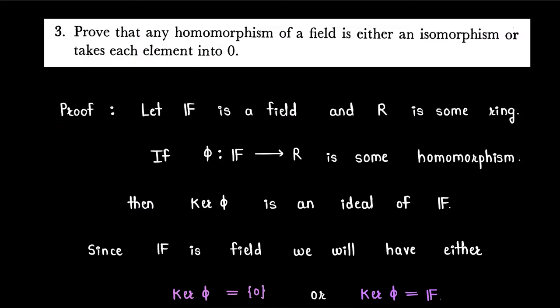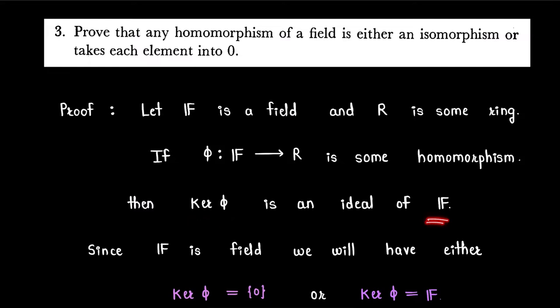Proof. Let F be any field and R some ring. Now let us consider a map phi from field F to R as a homomorphism. Now we know that the kernel of a homomorphism is an ideal, therefore kernel phi will be an ideal